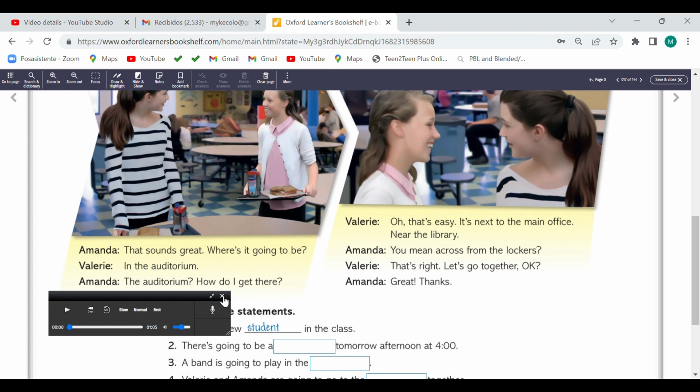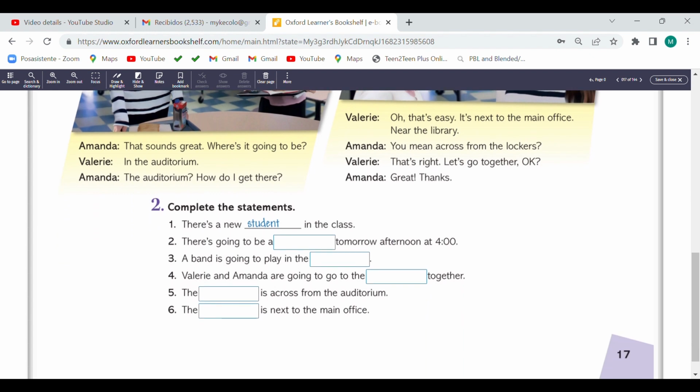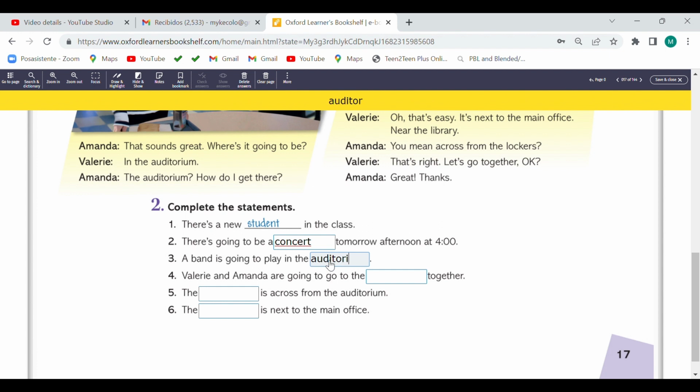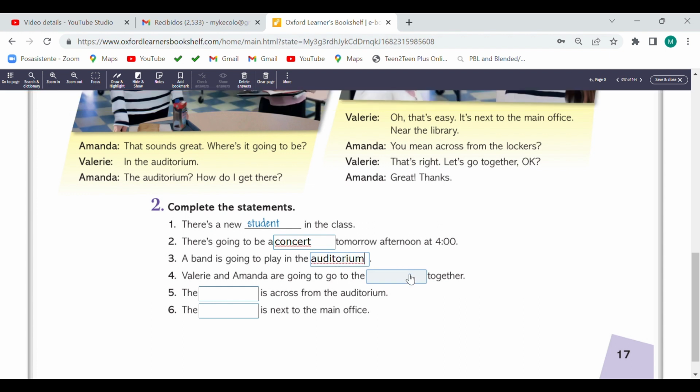Very good. Exercise number 2. Complete the statements. Number 1. There's a new student in the class. Number 2. There's going to be a concert tomorrow at 4 o'clock. Number 3. Abani is going to play in the auditorium. Number 4.